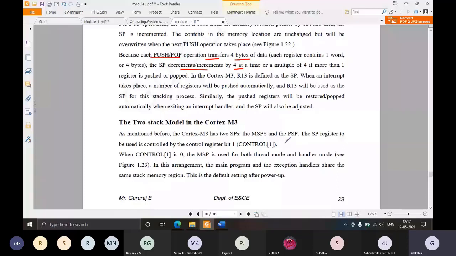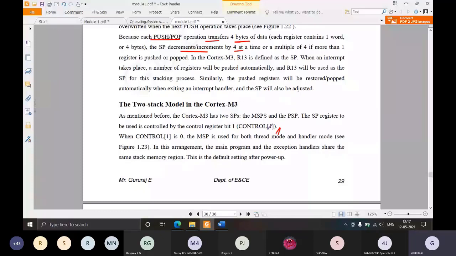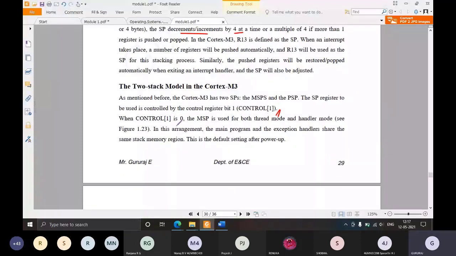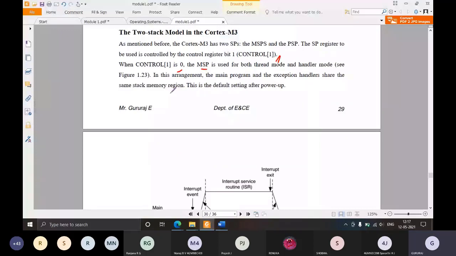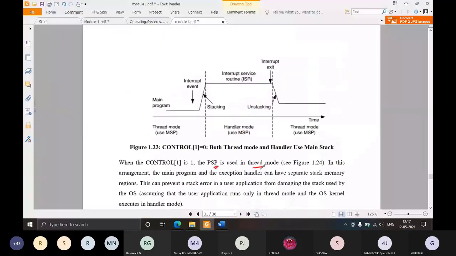Now the two stack model. We already know that this stack model can be controlled using the control register, and in that control register, it is control register bit 1. If control register bit 1 is 0, the main stack is used. If this bit is 1, then the process stack is used in thread mode. This is the basic arrangement.